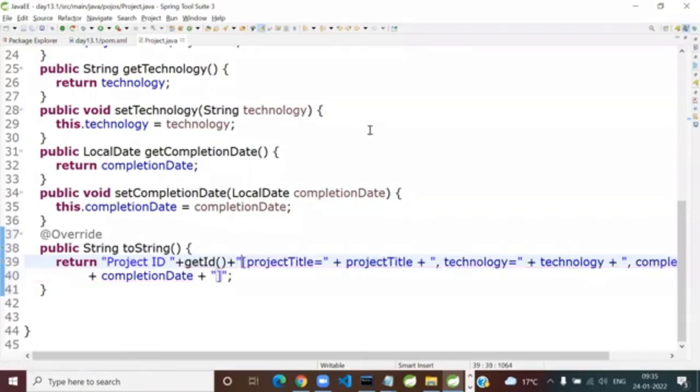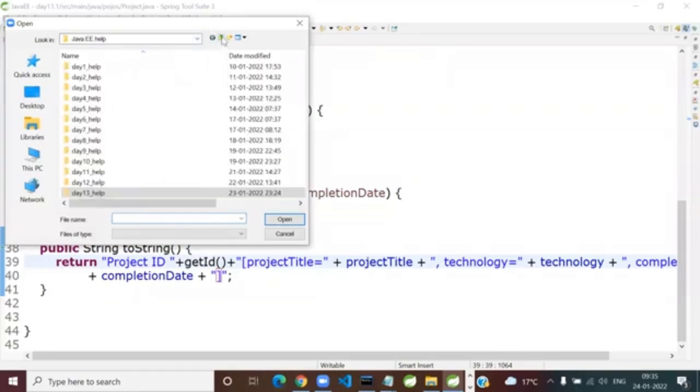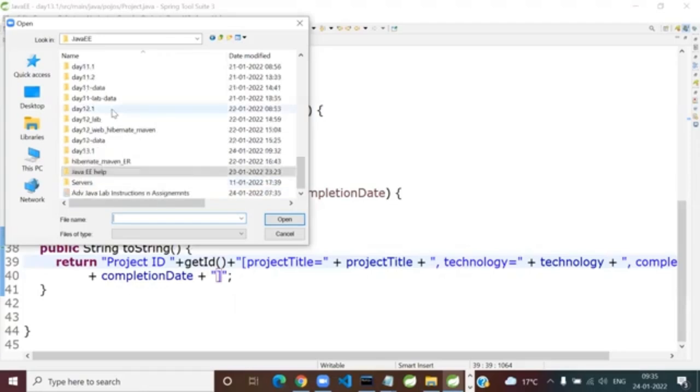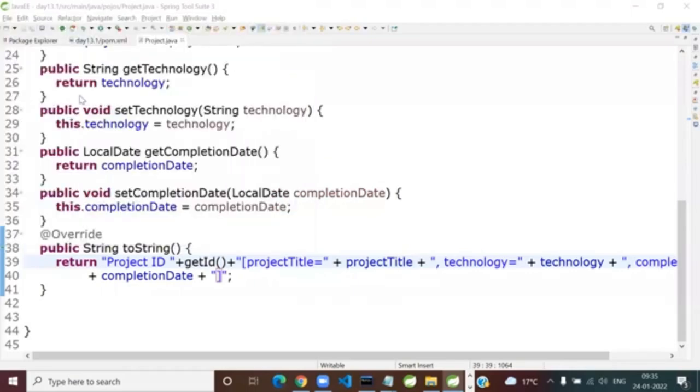Okay. So this Pojo also I can send you in case you don't want to type. I want you to do the annotations with me and that additional property with me. So this is what 13.1 src. Okay, I've sent you a basic version of the project.